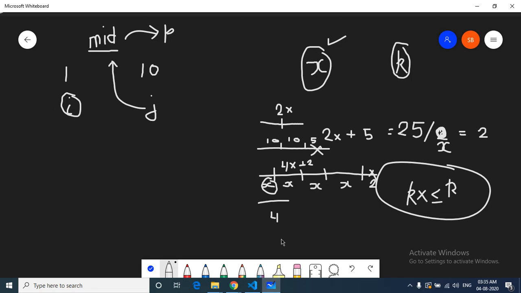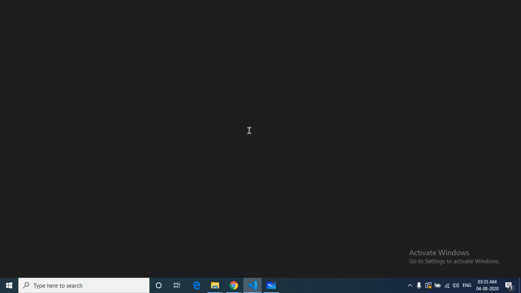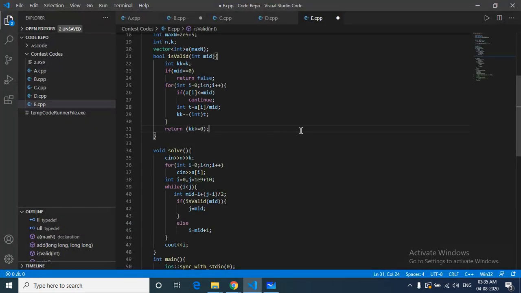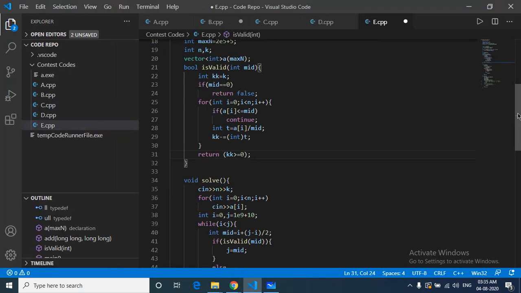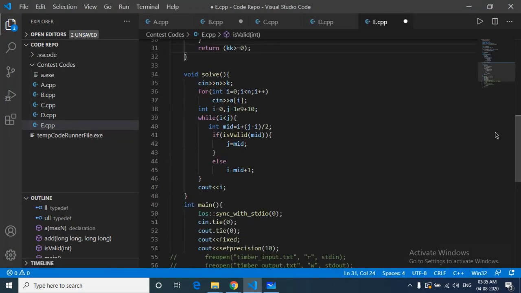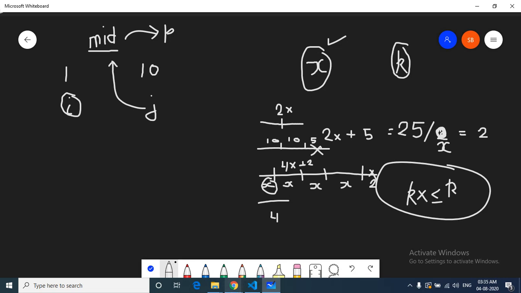I'll move down to the code to make it more clear. This is the code part. This is a solve function which takes the input of n and k, and takes the input of all the numbers in this array. Now the maximum length is 10 to the power 9, so the maximum log length after all the cuttings cannot exceed this.